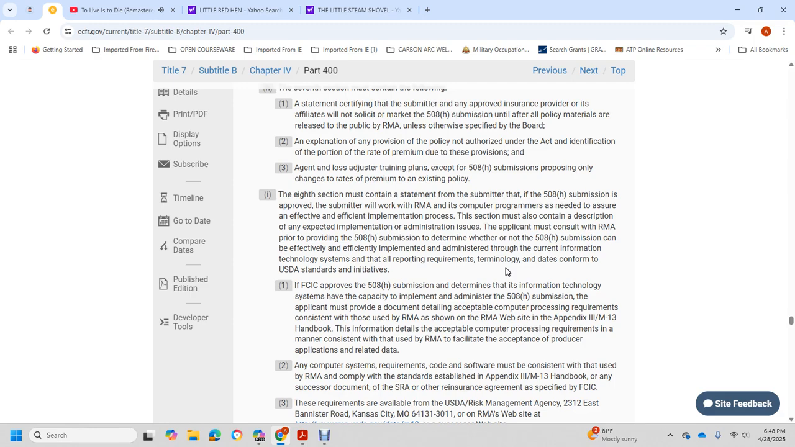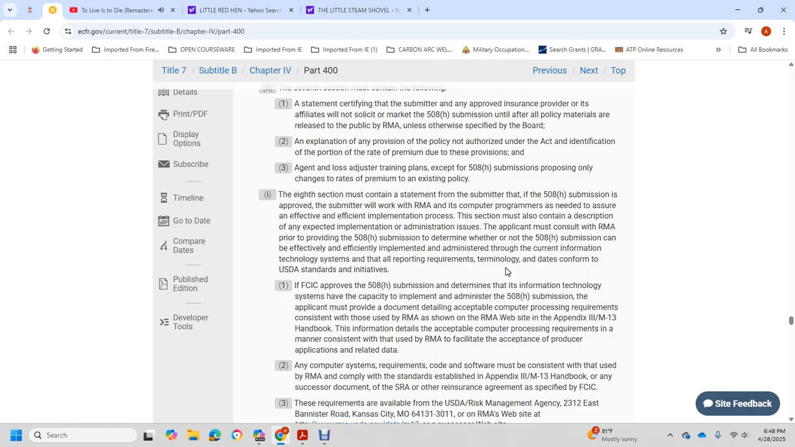The FCIC with the 508 submission, determined with the information technology system and the capacity with the implemented administrative of the 508 submission for the applicable, must provide the document detailed applicable computer processing requirement to consist of the RMA shown on the RMA website with the Appendix 3 of the M13 handbook information, the detail with the acceptable computer processing requirement of manner with the consistent